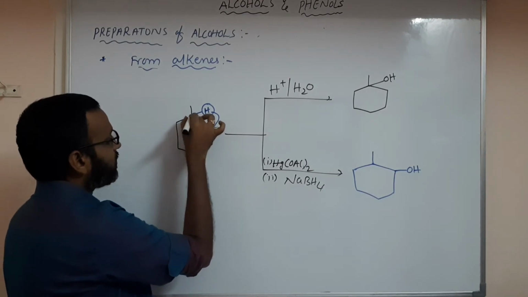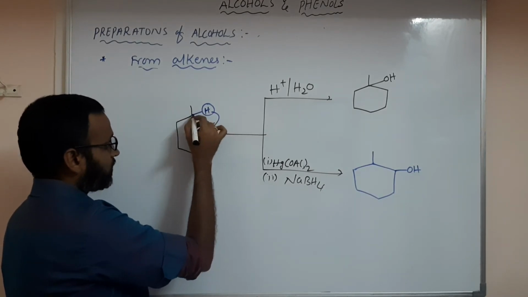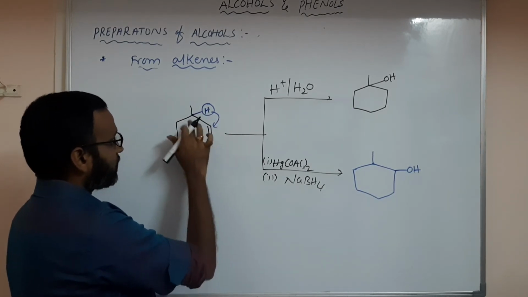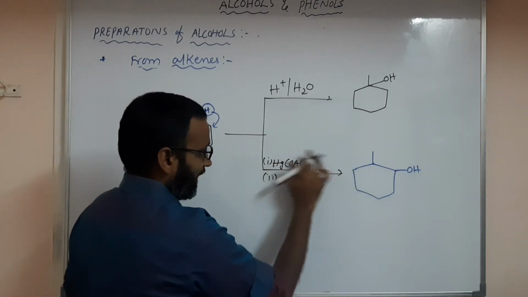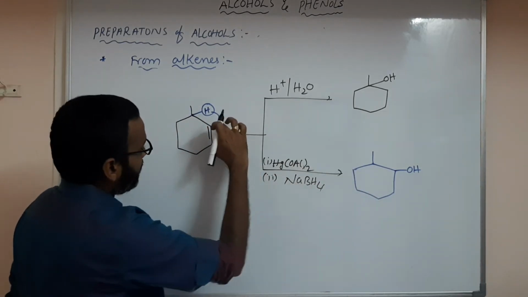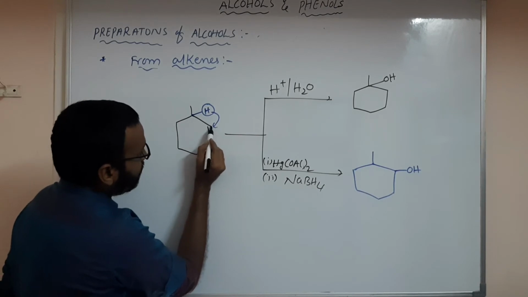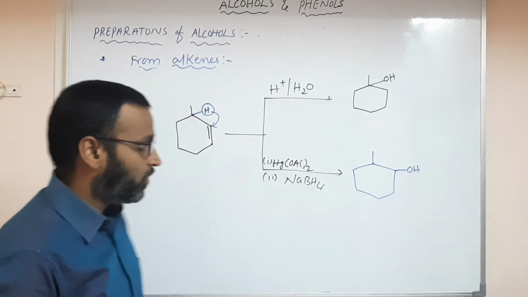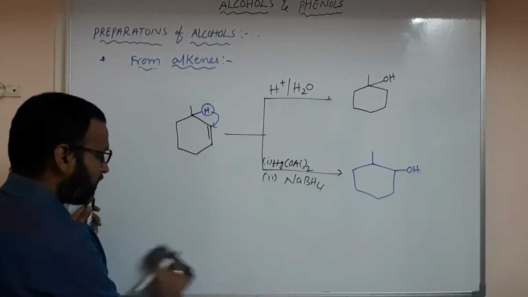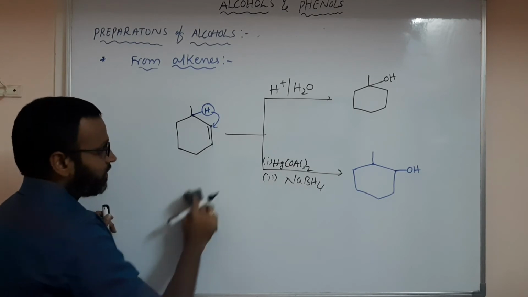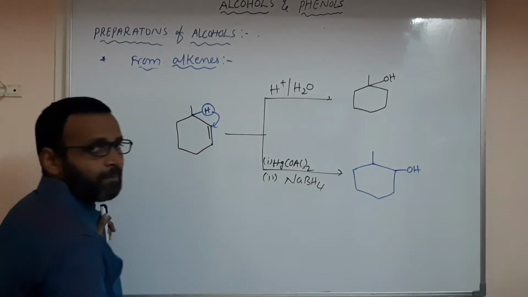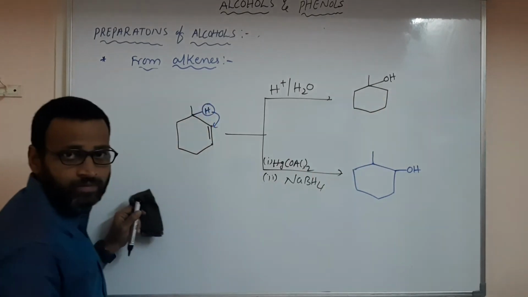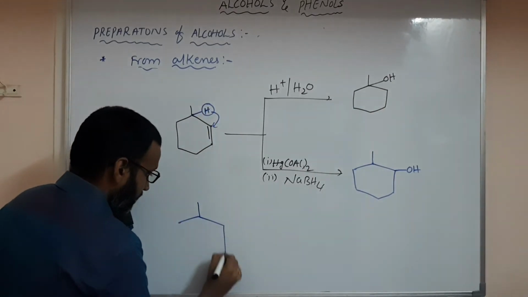Actually here it is tertiary and here secondary, but the tertiary product won't form. The hydride shift won't happen because mercuric acetate forms a bond between these two carbons only. That's why there is no hydride shift. Even with two methyl groups, only OH will come here. But here one more methyl group is there, that methyl will come here and OH will come here. Understanding what I am saying? You can write the product like this.